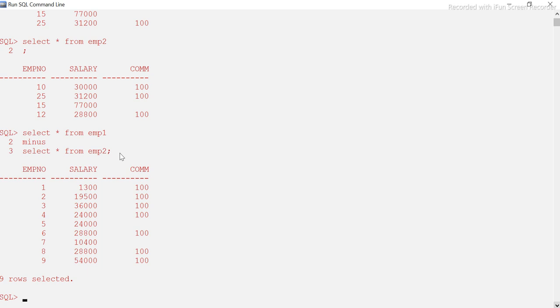So the number of columns will remain the same whether we perform union, union all, minus, or any set operator. Here employee number, salary and commission are the three columns available.